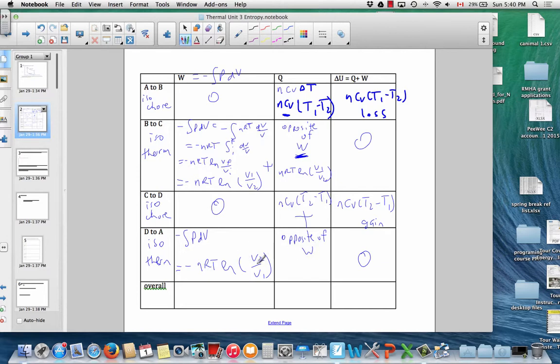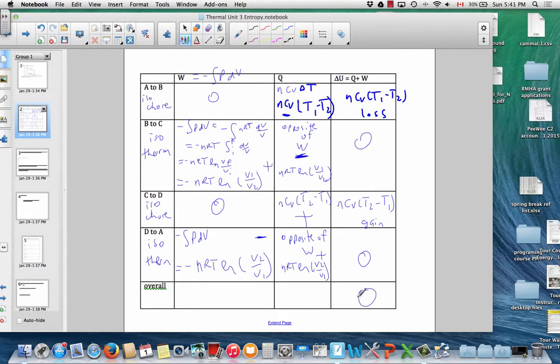Now, because V2 is actually bigger, this is a positive number, and so the work done in this case is overall negative. So what I'm trying to say is work is done by the gas, and therefore the work done is negative. And the thermal energy transfer is going to be overall positive, meaning heat flows into the gas, and it's nRT ln V2 over V1. Okay, so for the overall process, if you add this and this, they cancel each other